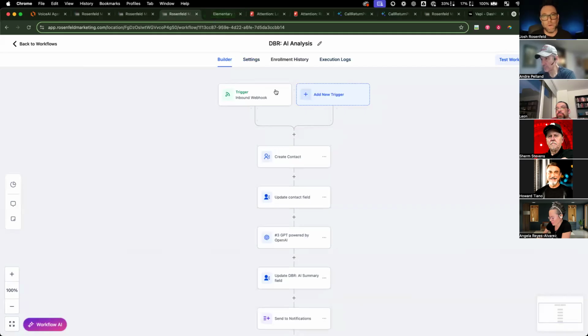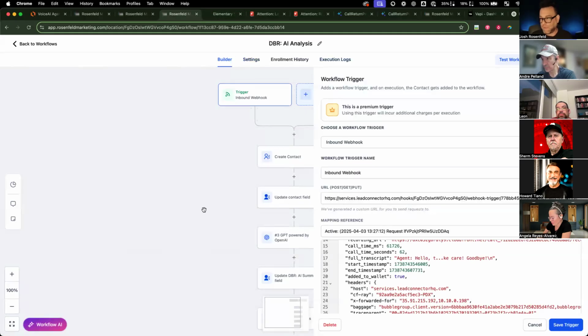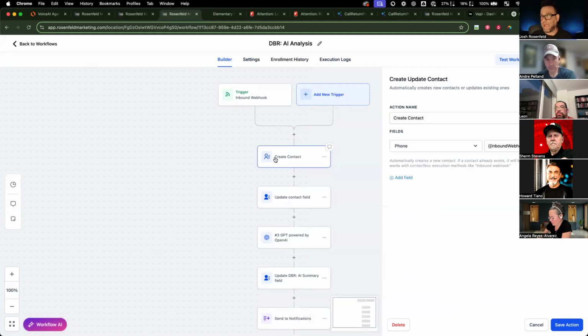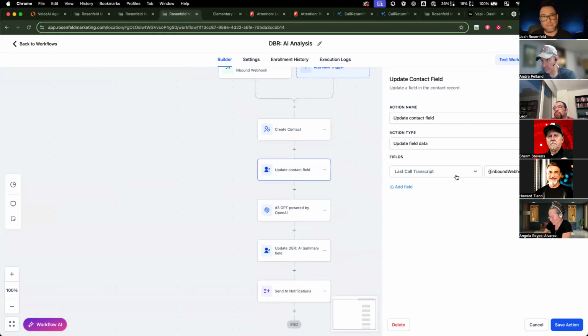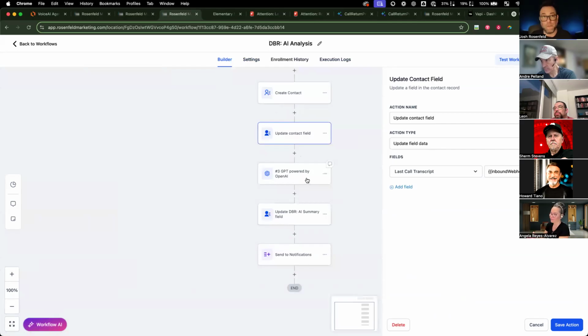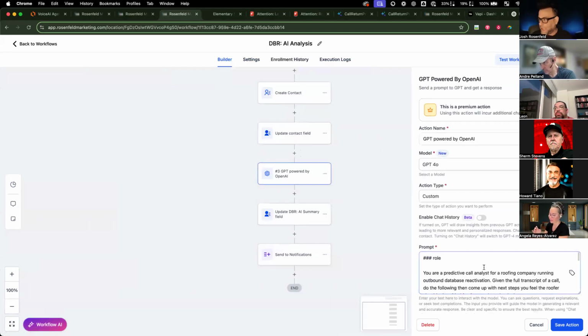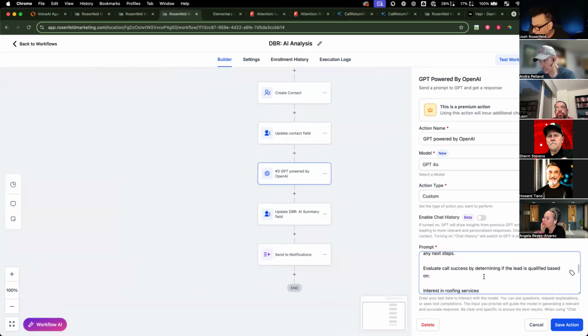When the call's over, there's an inbound webhook. I'm creating or updating a contact. This is updating in this sense, but this would work for any inbound webhook from any bot. Then I'm updating the contact field, the last call transcript. Could be any field you want if you don't have it. I'm doing a ChatGPT. I'll even add into here